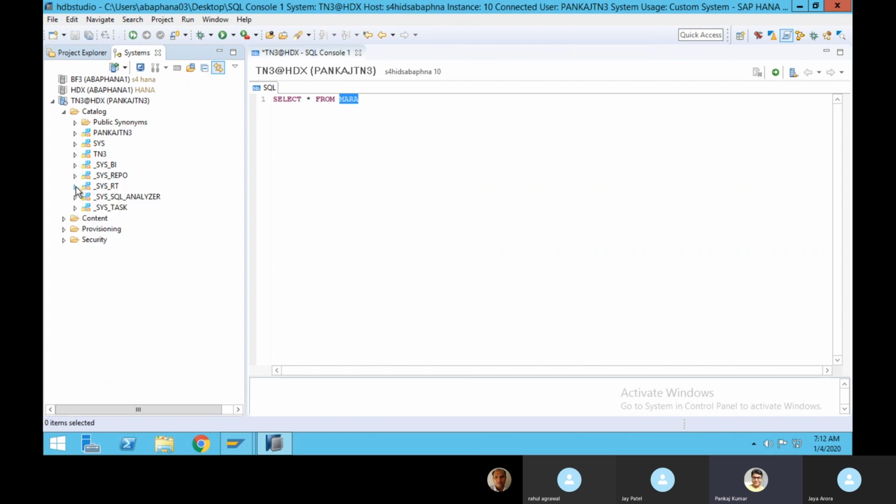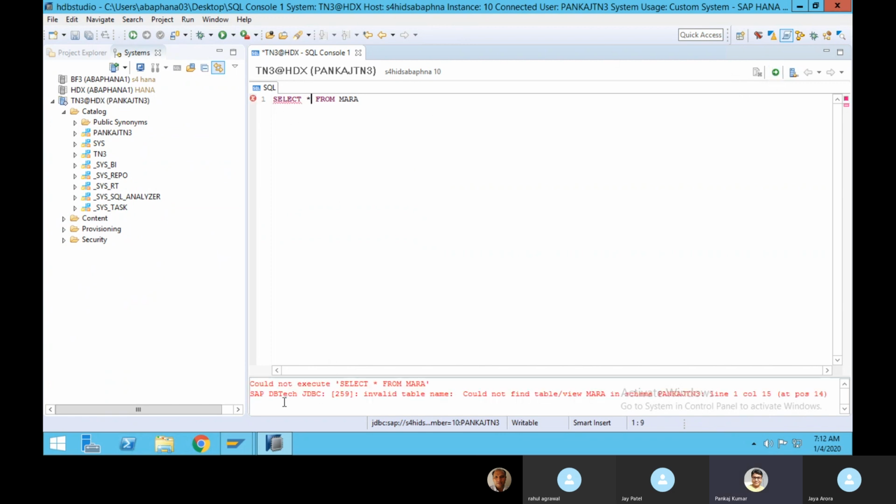If we change anything over here, our system may not work properly. So I'm not going to do anything with the system schema. Select star from Mara, and here if you click, it will give you an error. It tells you could not execute select star from Mara, could not find table view Mara in schema Pankaj TN3, line 1 column, like that.